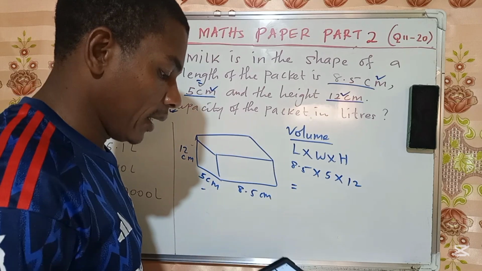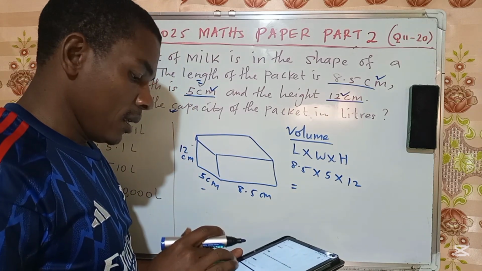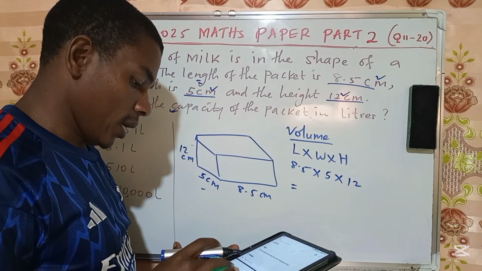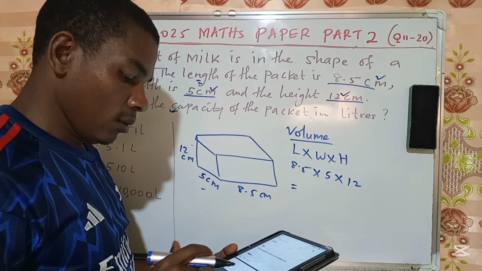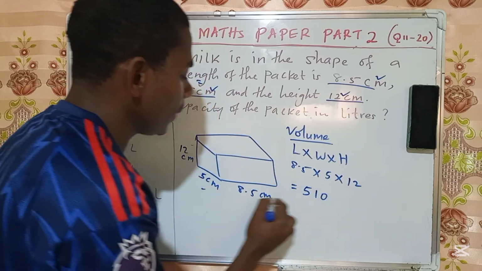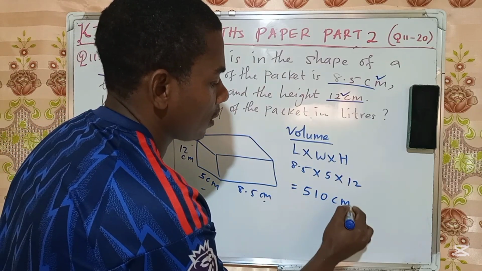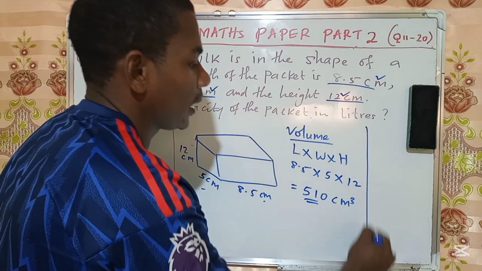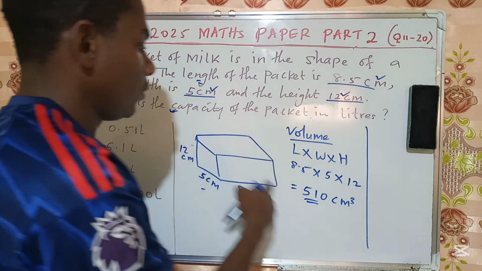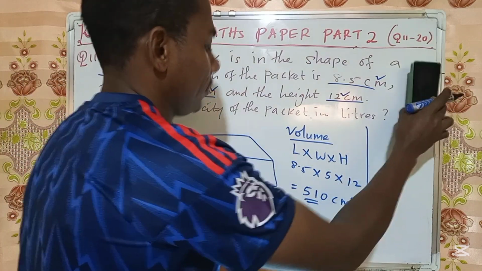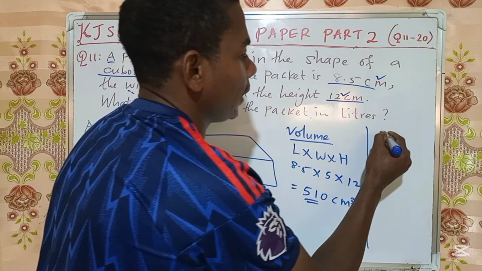So when you put that on the calculator, we have 8.5 times 5 times 12. We get 510 centimeters cubic. This is the volume of the packet of that milk. Now let's convert